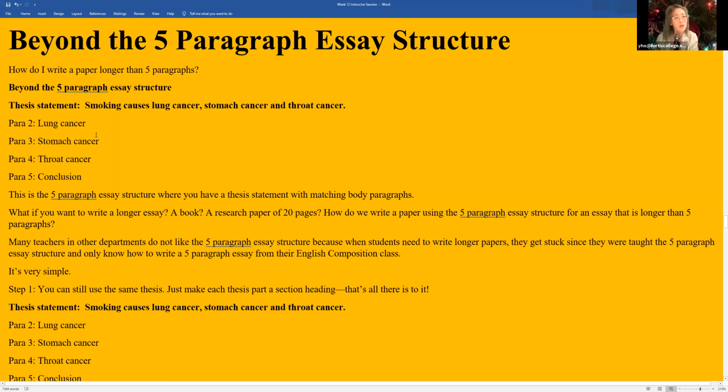But you have to make sure that all your chapters have the same amount of pages. Otherwise, your book will look very uneven. So 50 pages, 50 pages. If you're writing a dissertation, this is when you get to the graduate level, then you would have 5 pages, 5 pages, 5 pages. In other words, everything becomes a heading. Part 1, part 2, part 3, part 4, and you would just have a big heading in big letters, lung cancer. And you write several paragraphs, 4 or 5 paragraphs about lung cancer. Then you have heading number 2, and you have 4 or 5 paragraphs about, you get the idea. So that's basically, you can write 1,000 pages using the same structure.